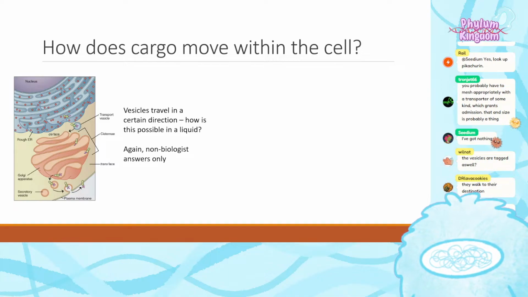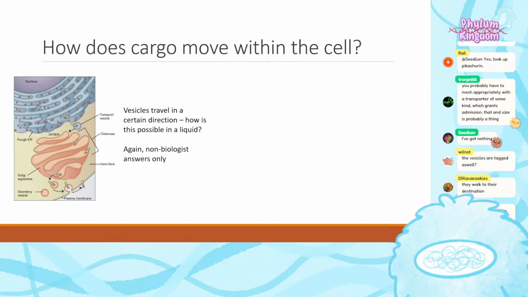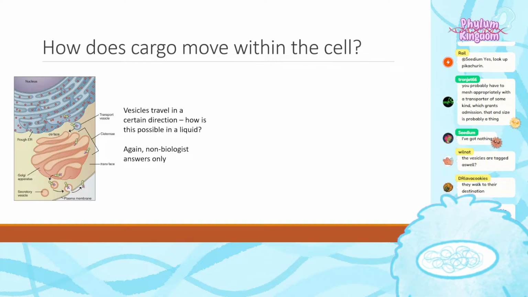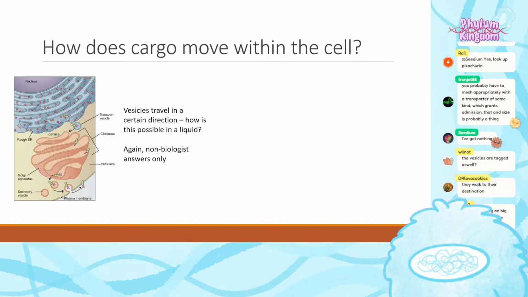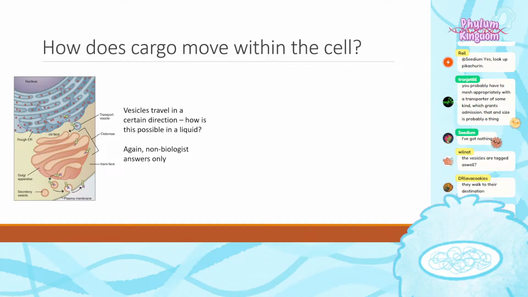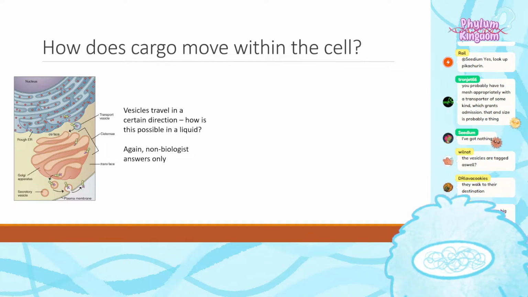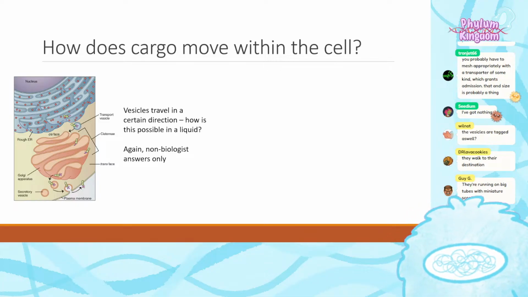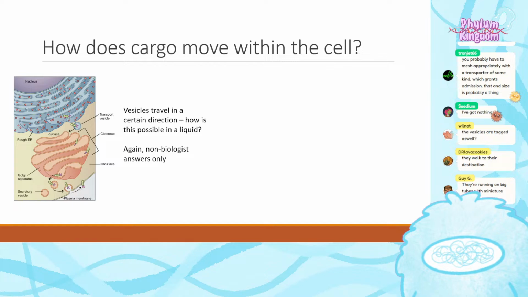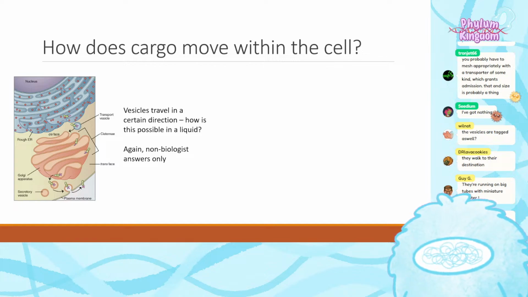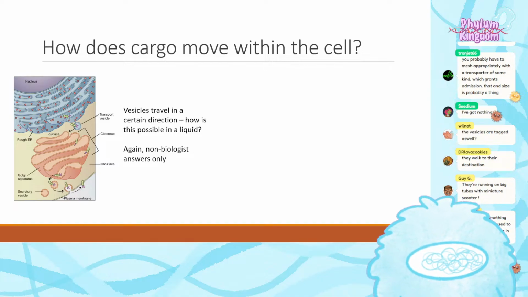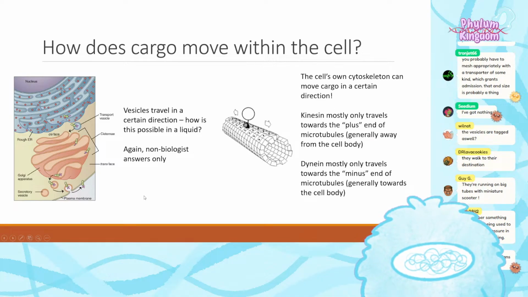The vesicles are tagged as well. Sometimes, I think. I'm not entirely sure if that is true or not, because there's just so much to remember about cell biology, but it's not the answer that I'm fishing for. They walk to their destination. Interesting thought. They're running on big tubes with a miniature scooter. Also a very, very interesting thought. I remember something about ions being used to help change pressure in the cell or something. That might be on a more macro level, but I don't think that applies specifically to the answer that I'm looking for here. All right, so we'll go ahead and we'll reveal the answer.